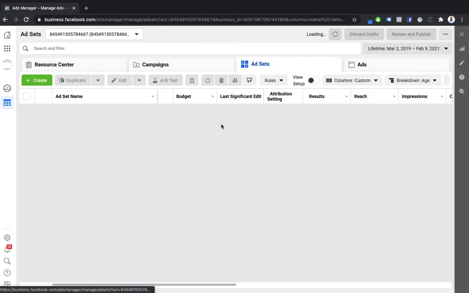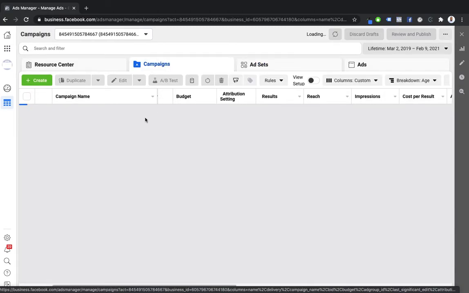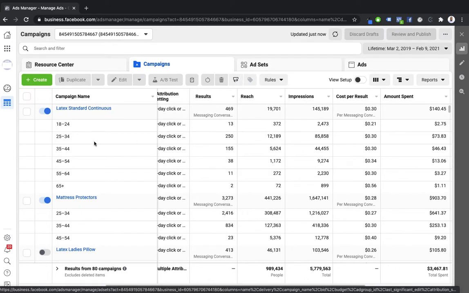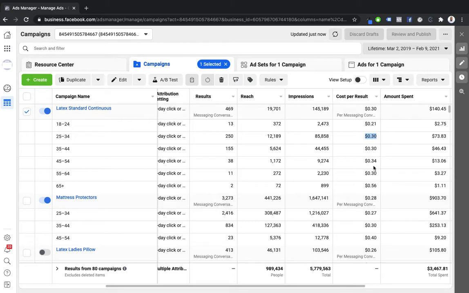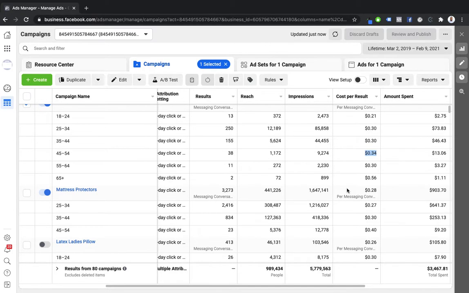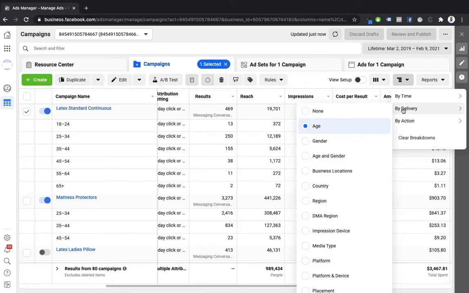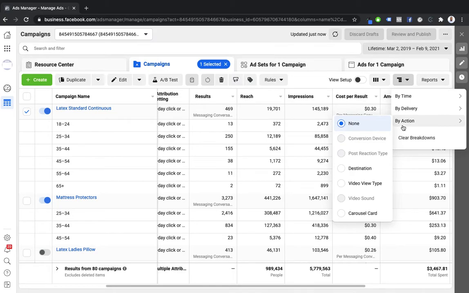So here we are seeing 18 to 24. In this campaign, it's people 25 to 34, putting a lot of messages, and also the cost is all right. It's not a massive cost, but here you see it's a little higher cost, and it's nothing of significant for you to go and fix. But this kind of breakdowns will give you an understanding of what different things that you can get.